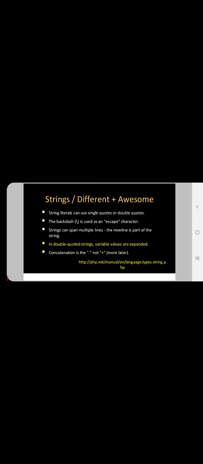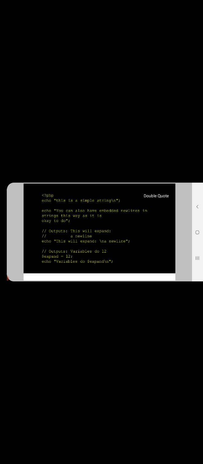In double quote strings, variable values are expanded, and this is another example of a program using PHP with some strings.